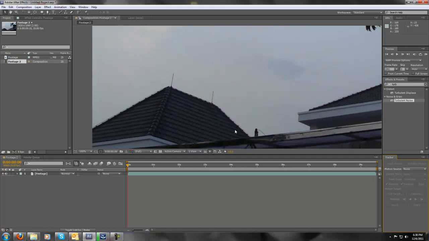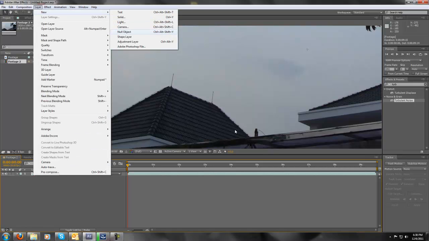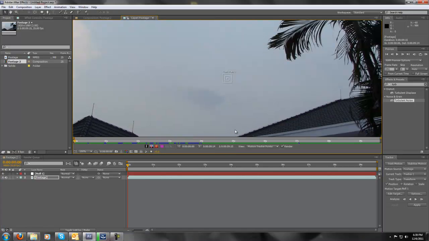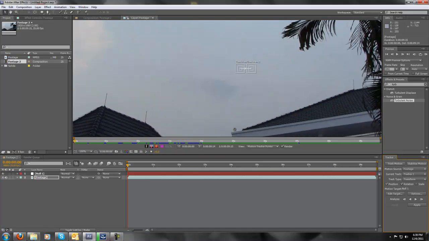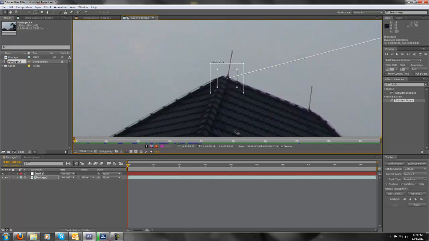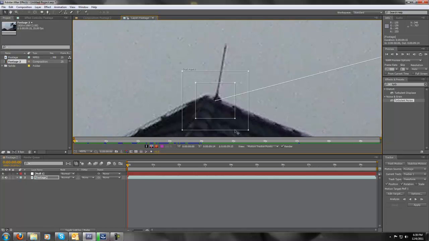Yep, click that. Actually, first create a new null object, and this is what we're going to use to hold all of our information. So select your footage, select track motion, click rotation because it's rotating, and that is part of the information that we need. And select a nice point in your shot that's not distorted, nothing passes through on the background, and it stays the same the whole shot. So I'm using this part. It's got a decent amount of information, not too much, not too little, and After Effects shouldn't have a problem